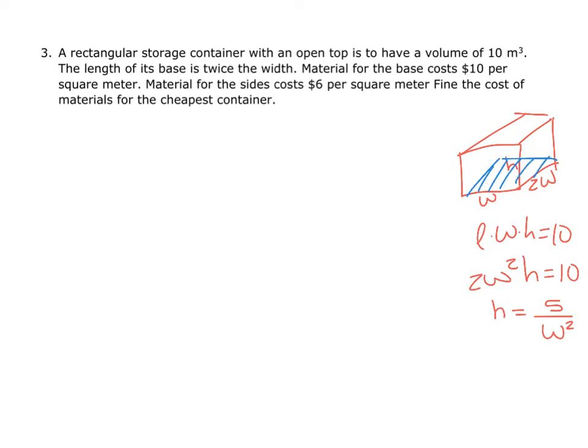So the area of that, right, we're talking about surface area here, is 2W squared, times $10, plus the four sides, we have 4WH, and that's $6 per square meter. Remember, there's no top. So we've got 20W squared plus